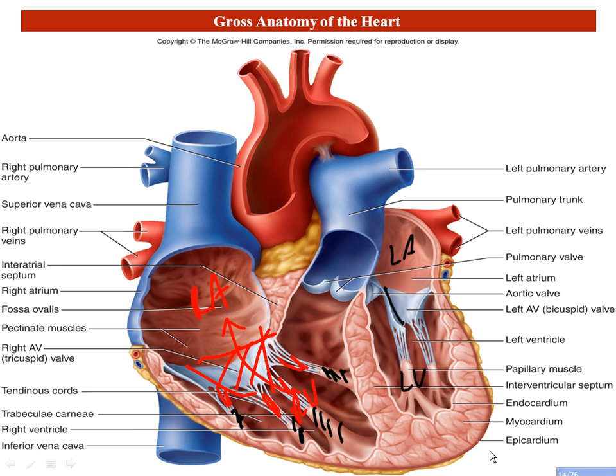We have the bicuspid, the mitral valve here, anchored down by chordae tendineae, which are attached to papillary muscles as well. Now, when it comes to the semilunar valves, you can only see one of them here, and this is the pulmonary semilunar valve. The pulmonary semilunar valve basically controls the flow of blood from that right ventricle into the pulmonary